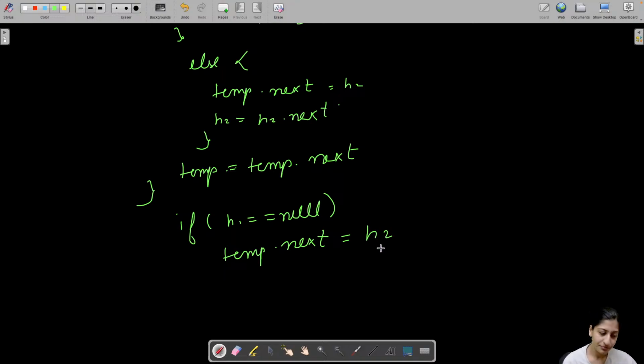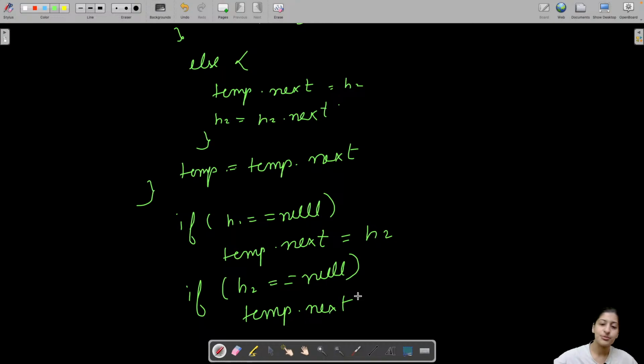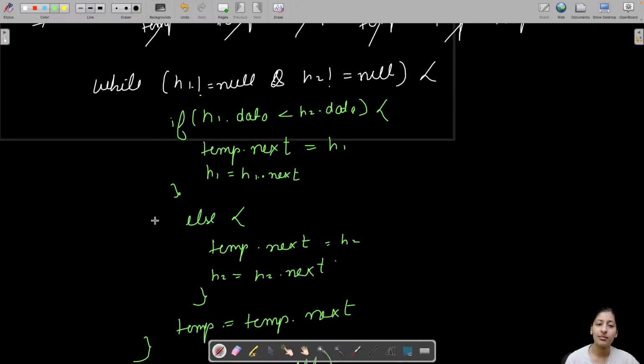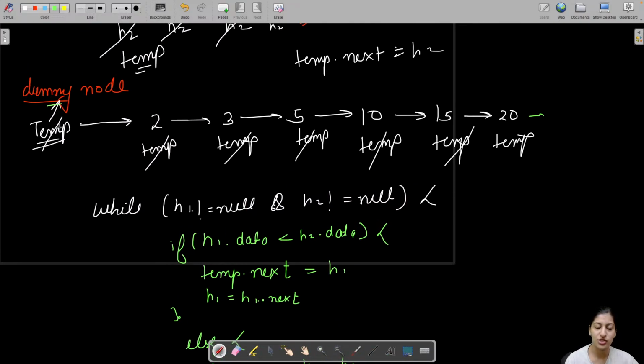h2, correct? And what else? In the other case, if h2 is null, then temp dot next should be pointing to h1, so that all the subsequent links after that h1 will also be linked to temp, right? And that's all. And finally, what you want to return, you remember that we took a dummy node initially, and